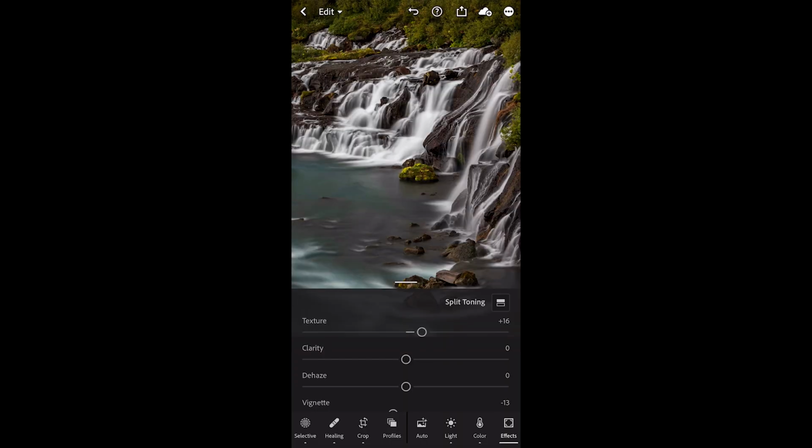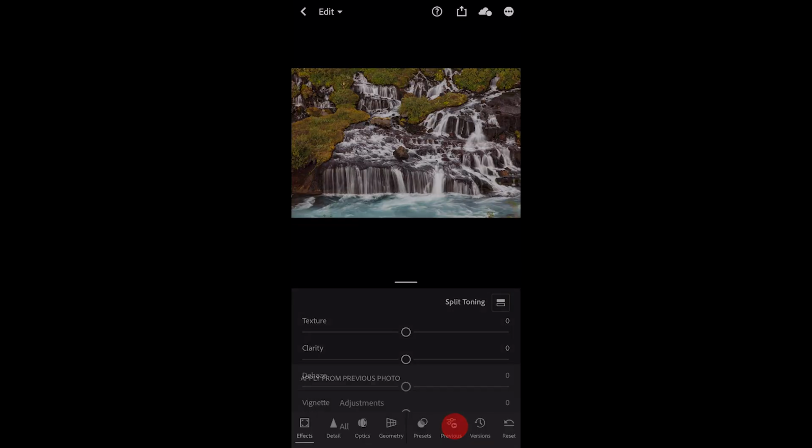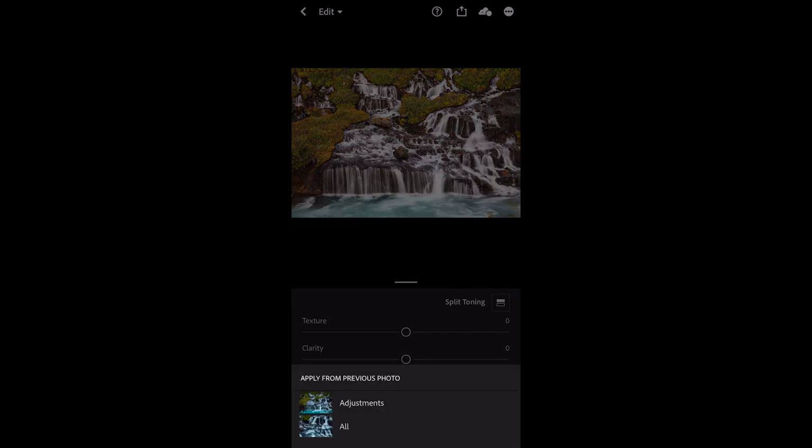Now, if you have a lot of images that you want to edit, I just want to point out there are some ways to make your workload a little bit more efficient. The first would be by using this previous button. So let's say, for example, I went to the next image. It's fairly similar. If I wanted to apply those exact same effects, I could just tap previous. I can choose adjustments, which includes all of the adjustments excluding cropping, or all, which would also include cropping from